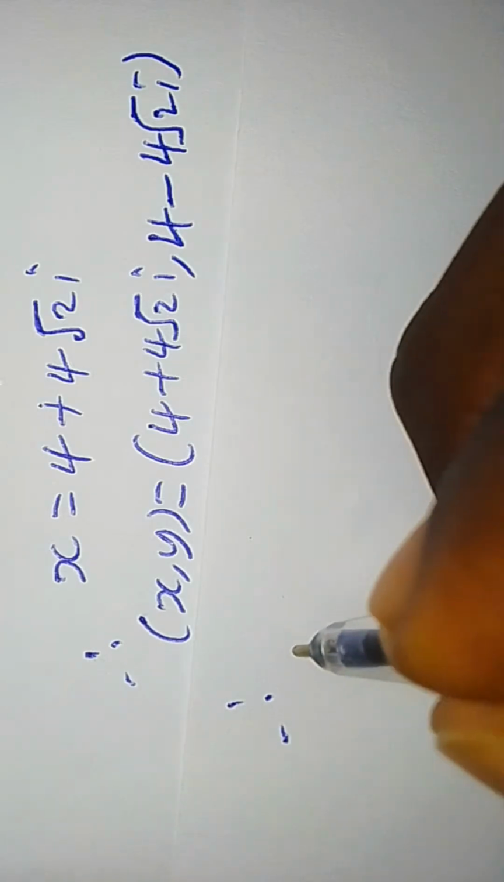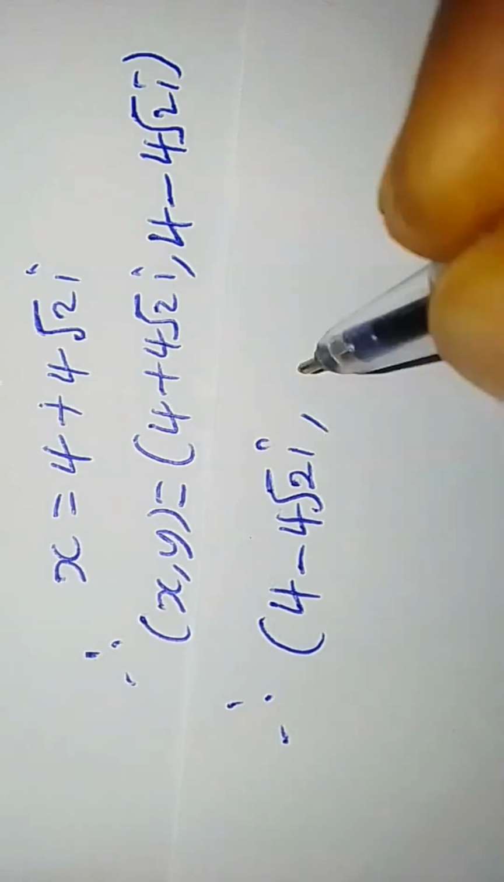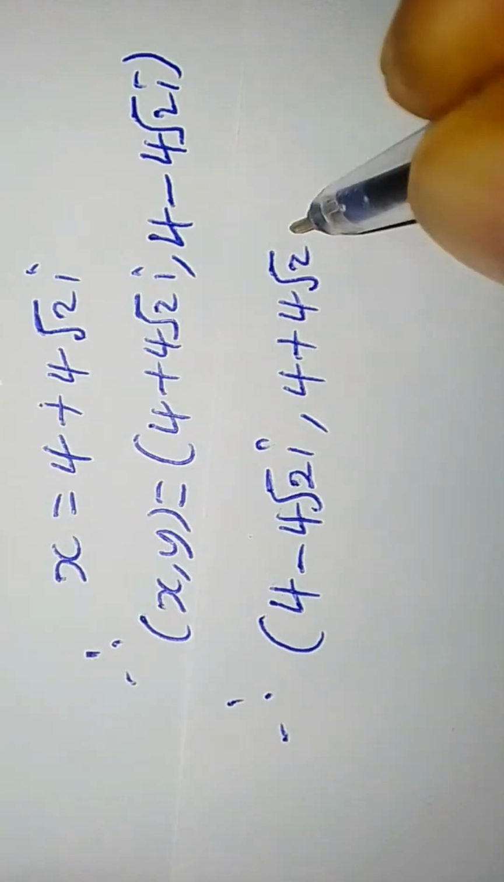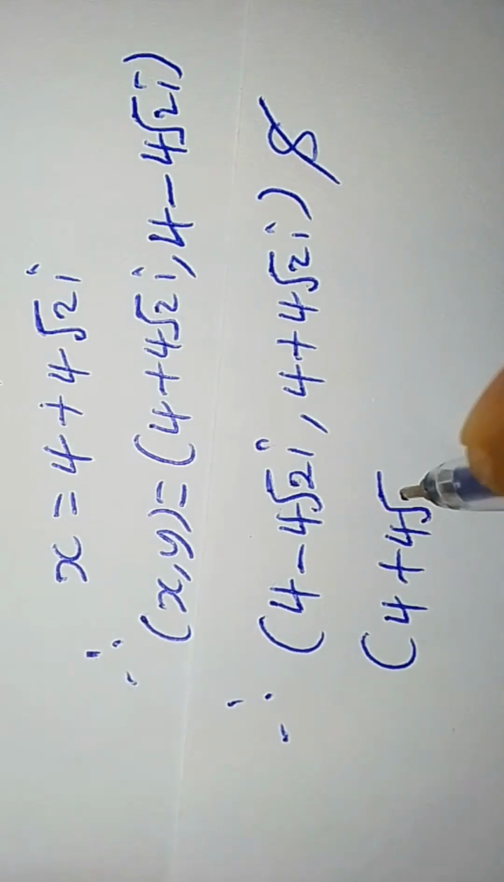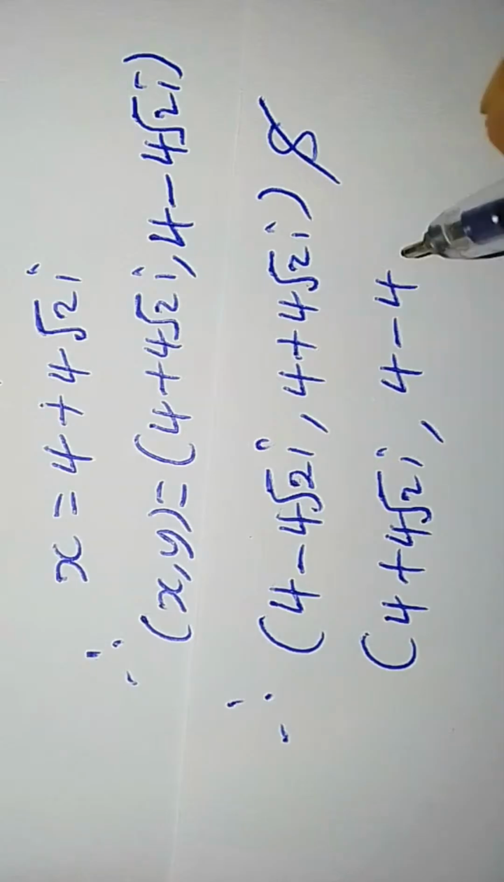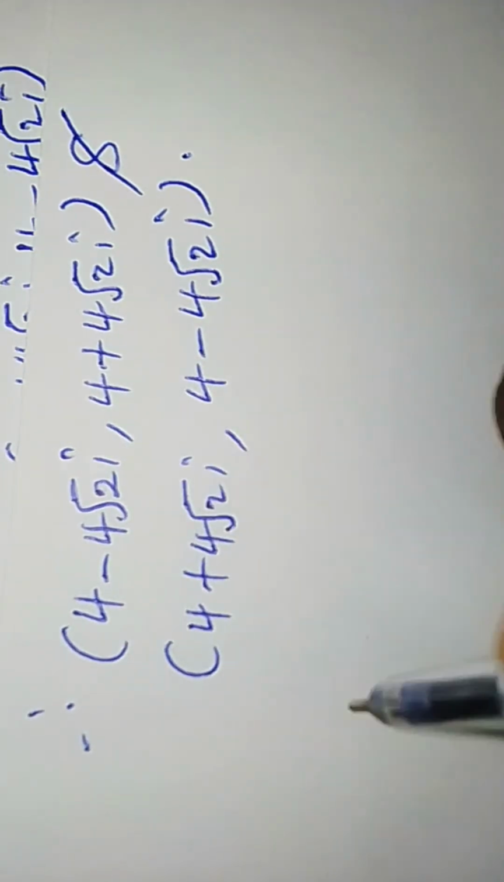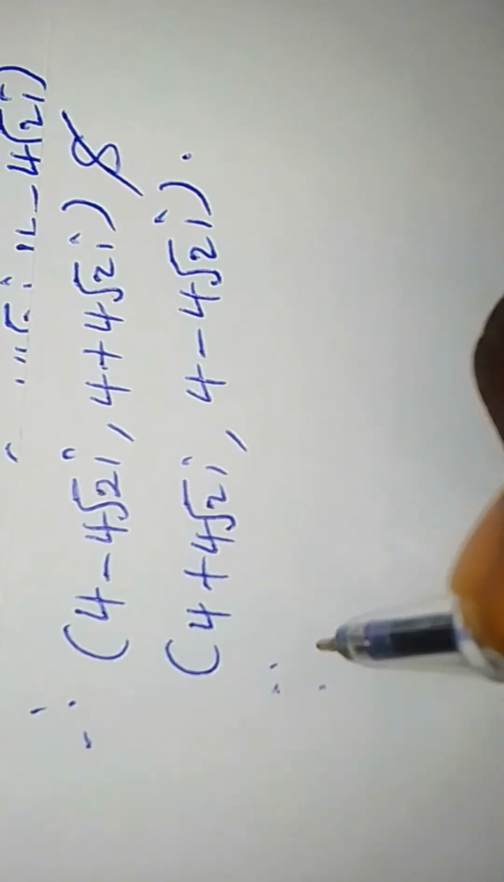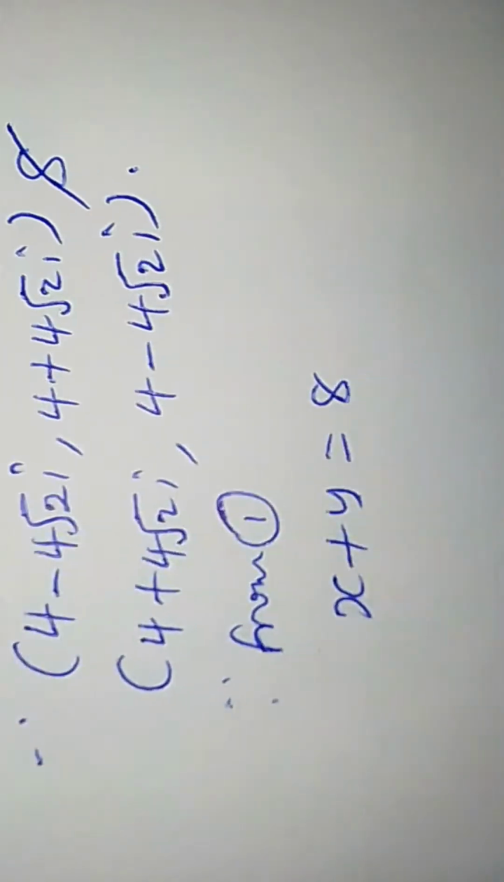Alright, therefore, all the solutions that we have for this particular algebra problem are, the first one is 4 minus 4 root 2 i, comma 4 plus 4 root 2 i, and the second one is 4 plus 4 root 2 i, comma 4 minus 4 root 2 i. But this solution, we can actually verify it. Let's verify each of them using equation 1. Equation 1 is x plus y equal to 8. Considering